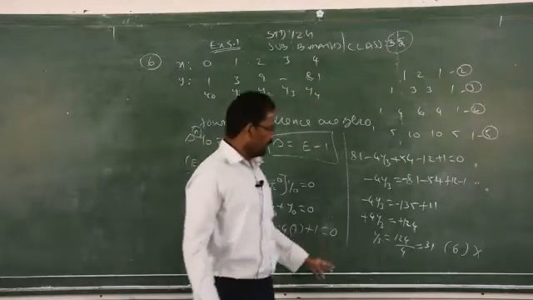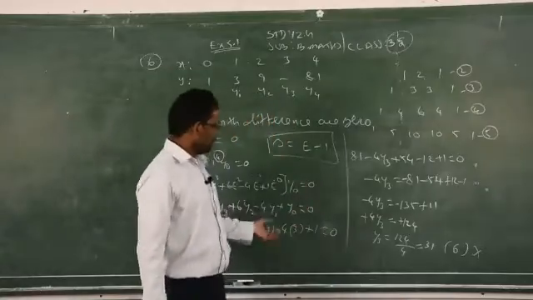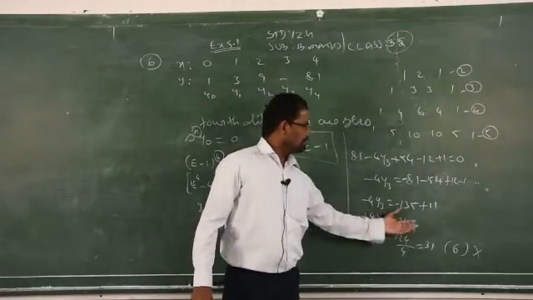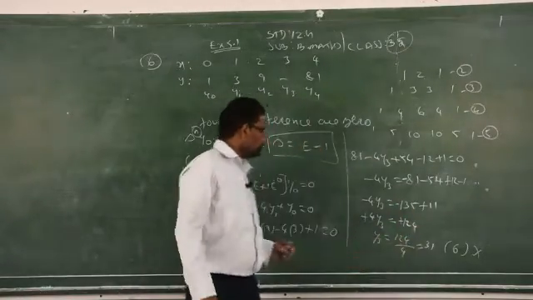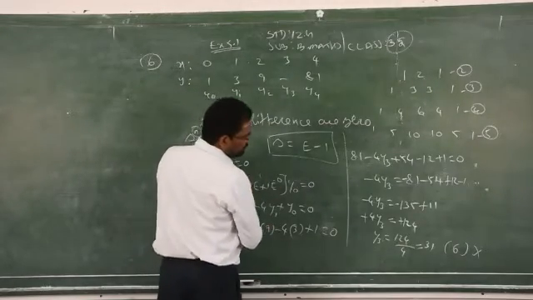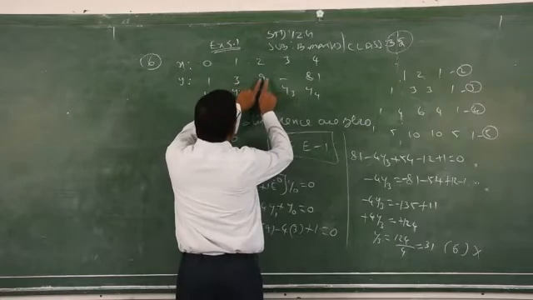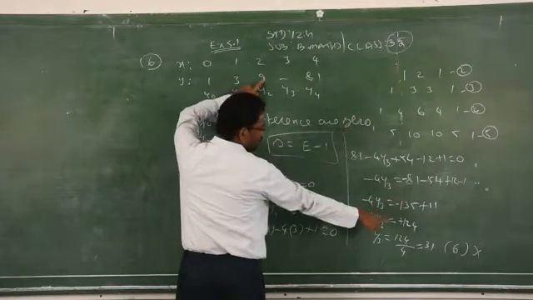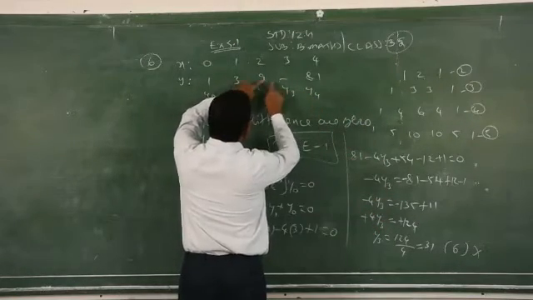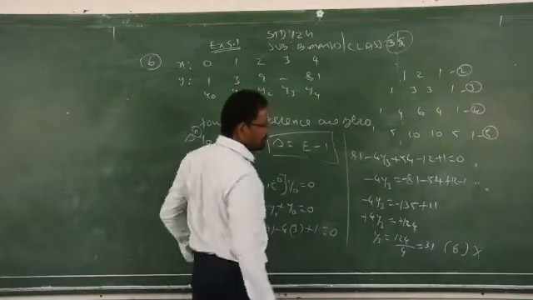I cannot guarantee it is exactly correct, because sometimes you make some mistakes. But you have to check whether your answer is almost correct or wrong. Your answer should lie between 9 and 81. Here it is 31, so 31 lies between 9 and 81. So my answer is correct.